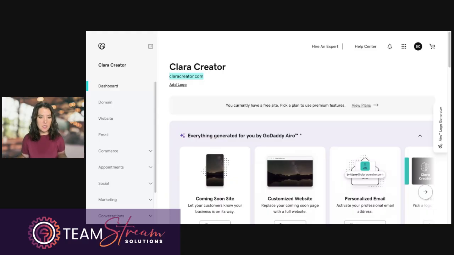Once this pop-up box opens, you want to make sure that you click Connect. You're trying to connect your GoDaddy to,